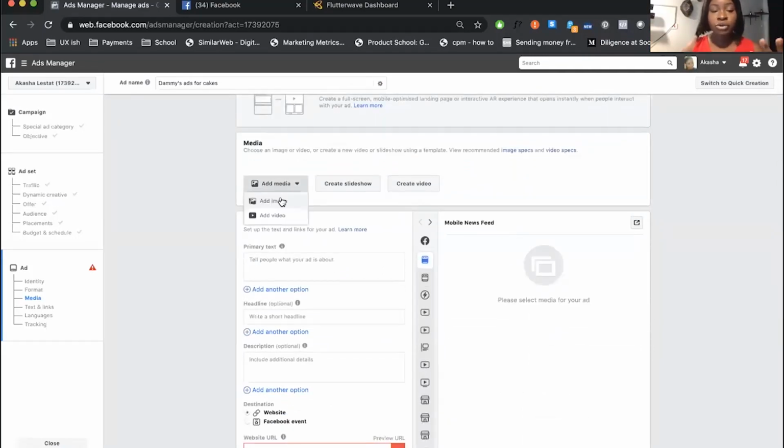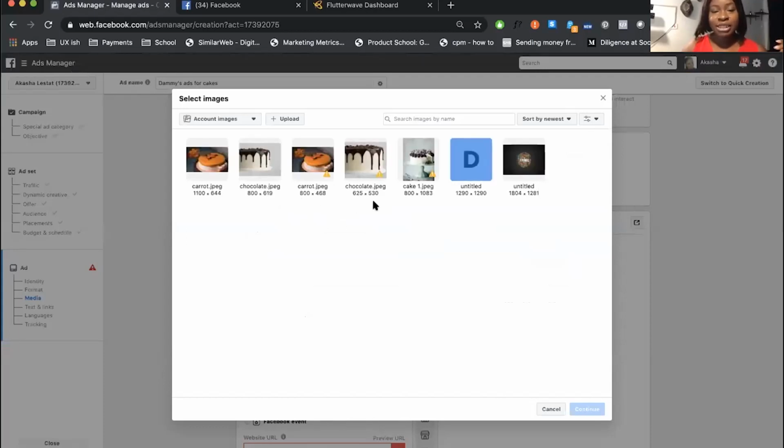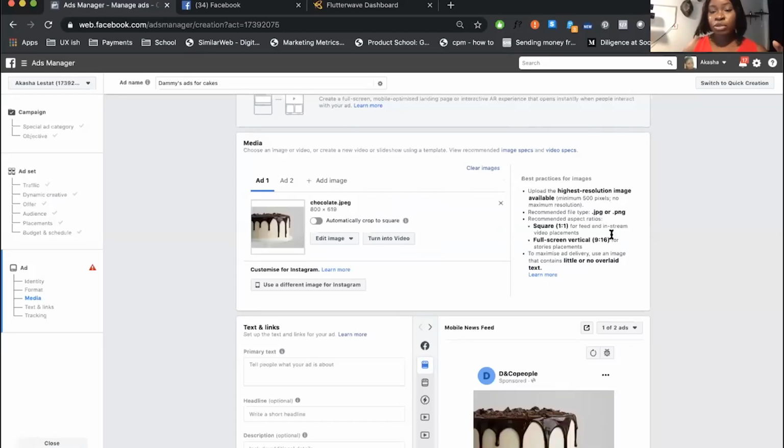And now I'm actually just going to go ahead and add my images that people are actually going to see on my ad. So I deliberately did this so you guys can see that I added a couple of photos. Facebook rejected them immediately because they did not meet Facebook's criteria, right? Just remember that Facebook is very clear. I'm going to show you just once I'm done with this. Facebook tells you exactly what it wants, right? Your photo should be square. It should be in landscape mode. Your photo should be high res. And so minimum 600 by 600, ideally.